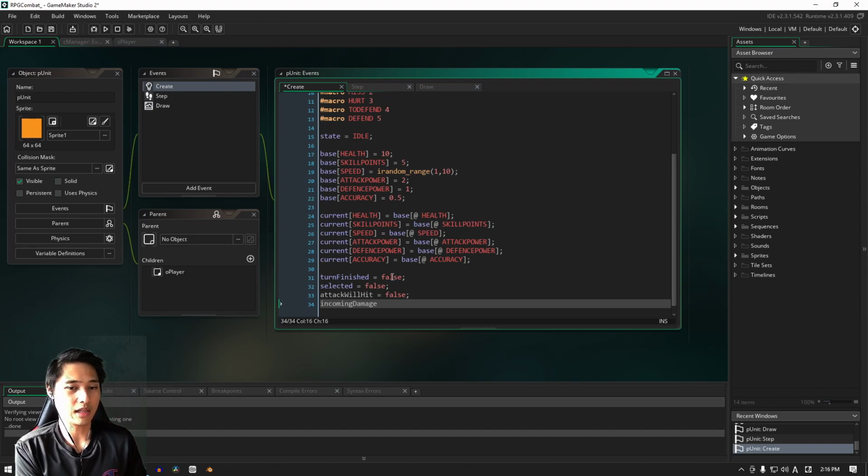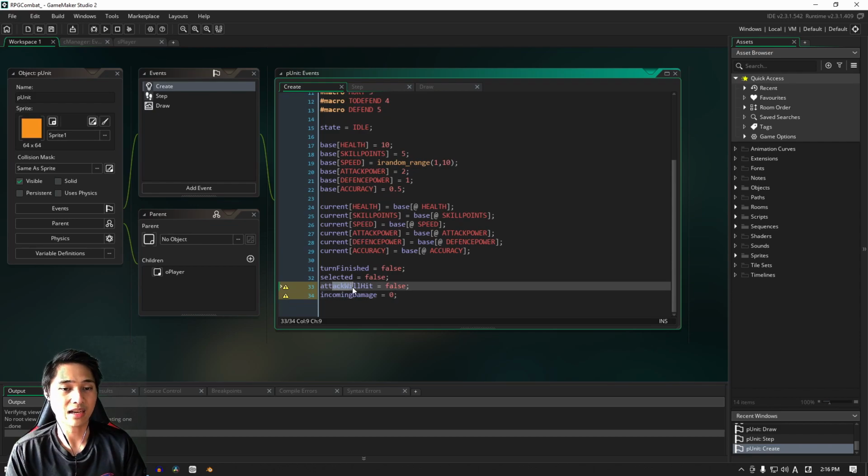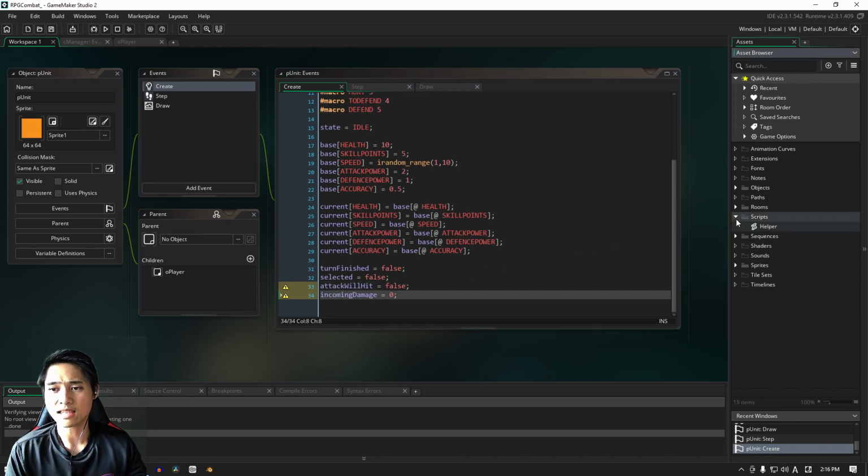Damage equals 0. All right, so these are all of our new variables here. We've got our 3 new stats, which is going to be our attack, our defense, and our accuracy. And of course, we have the attack will hit and incoming damage ones. All right, let's put in the check if attack will hit function by opening up our scripts and going into